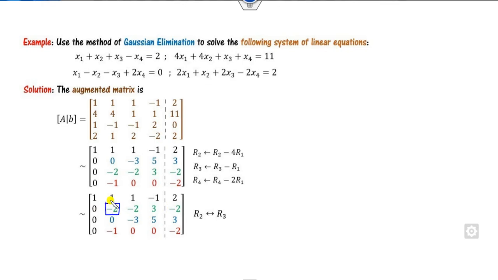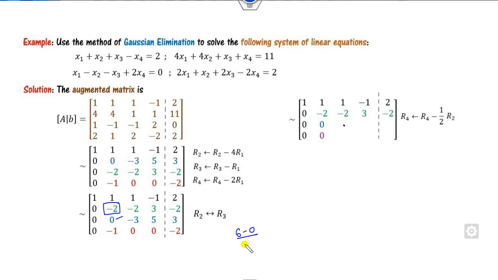I can make this a box element. Fine. I can preserve the first row, second row, and here. What is the value of this? I can make this a box element. Now here it is +6 minus 0 divided by the box element. It is my -3. Look at this below value. 0 minus 2 divided by the box element -2 is +1.